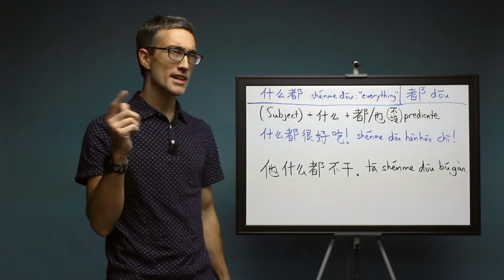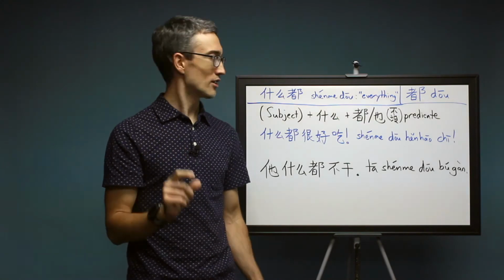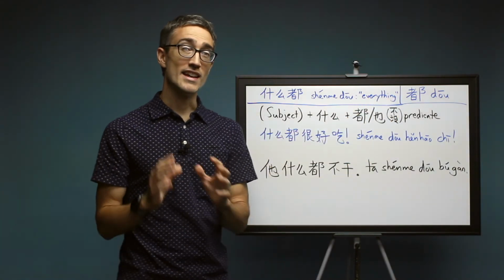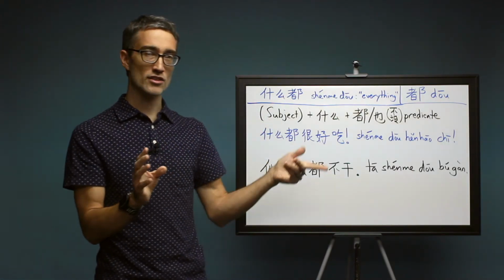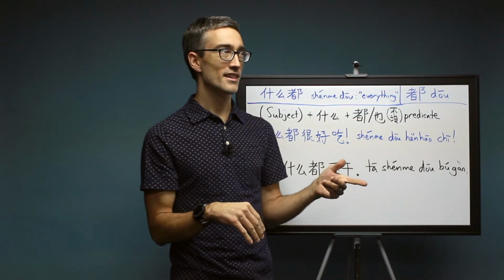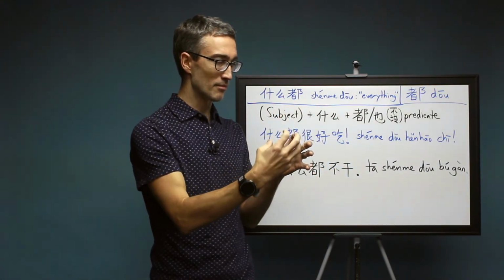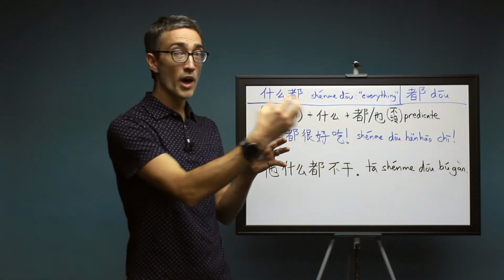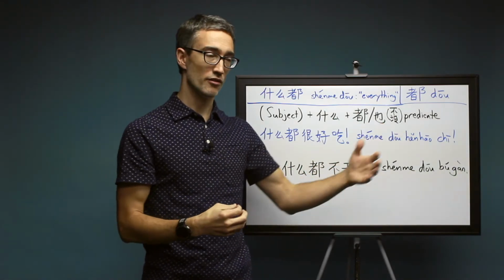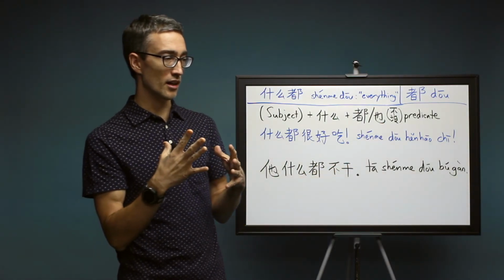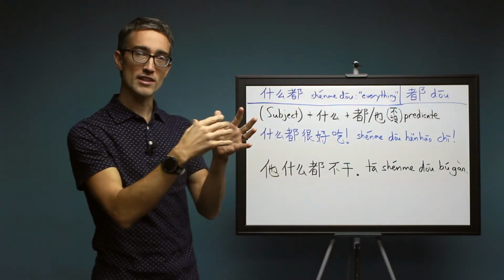Now, I remember in HSK 1, I said something that I realized later was not exactly accurate. I talked about 都 and 也, and I said that it always comes right before the verb, and Chinese will do all kinds of gymnastics to make that true. And that's usually true, but it's not always right before the verb. Sometimes there can be a 会 after and then a verb, like an auxiliary verb and then another verb. And sometimes there can be a 不, like 都不干. So the verb phrases do not. Anyway,